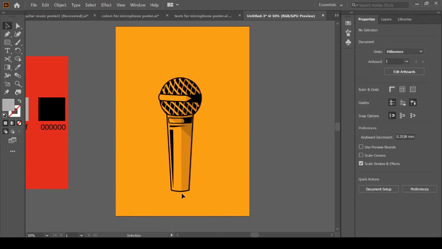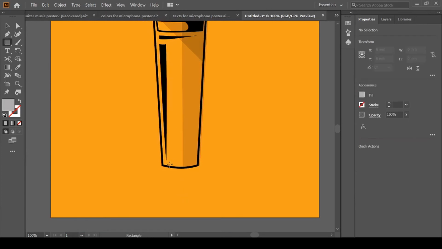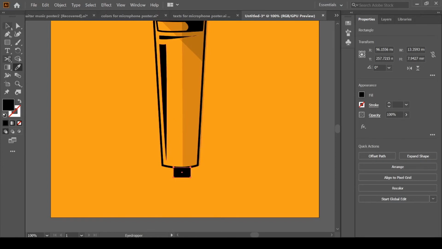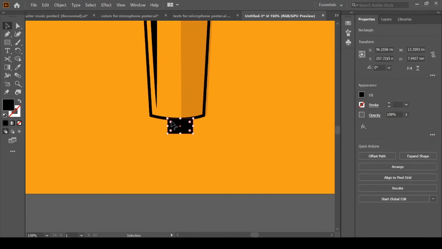Now just group it, press Ctrl G to group. Now we will make its wire, so grab the rectangle tool, press M for shortcut and make a rectangle. Pick this black color. Now we will just round its corner.